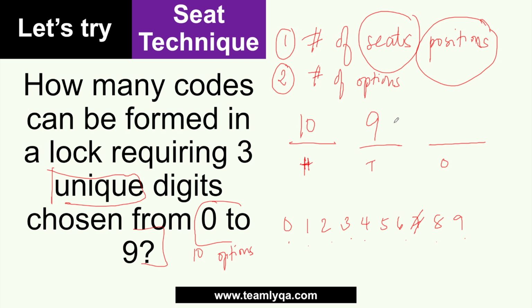Now, again, granting, meron kang isang pinaupo. So, for example, si 0 ang pinaupo mo dito sa tens digit. The next question, which is kung ilan ang ones digit, pagtingin mo, ang pagpipilian mo na lang would be 1, 2, 3, 4, 5, 6, 7, and 8. So, this will be 8. And then, what you're going to do is just to multiply all of them. So, again, 10 times 9 is 90 times 8. That is equal to 720